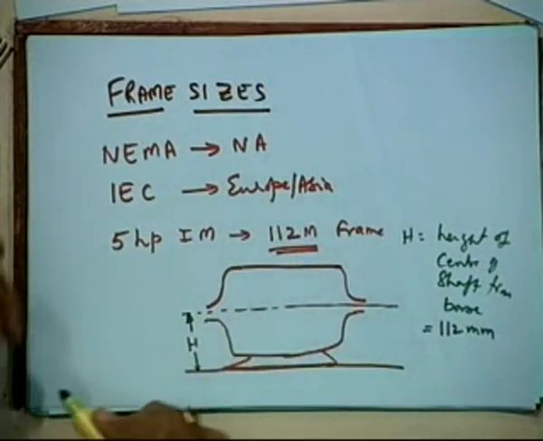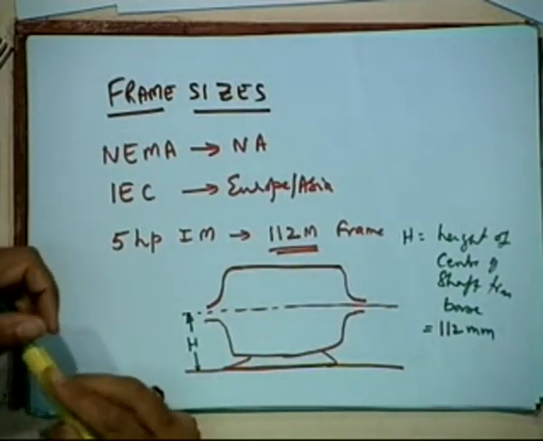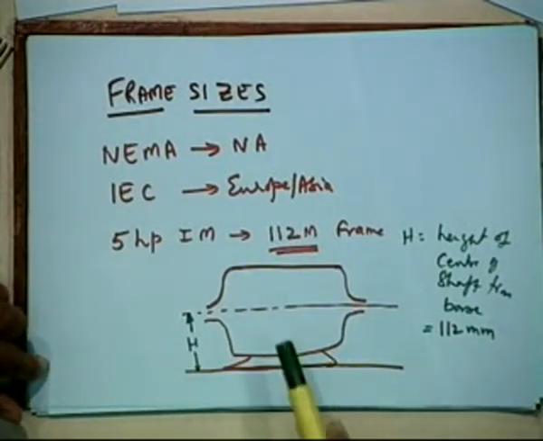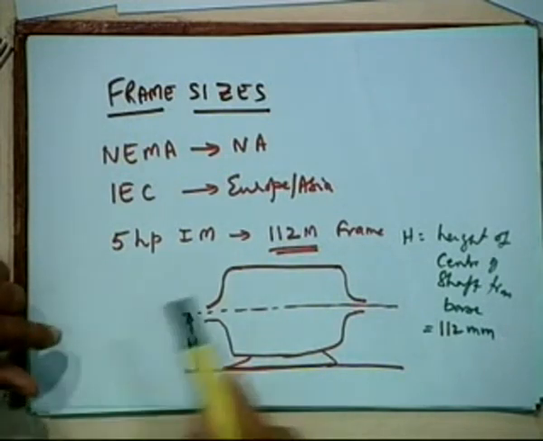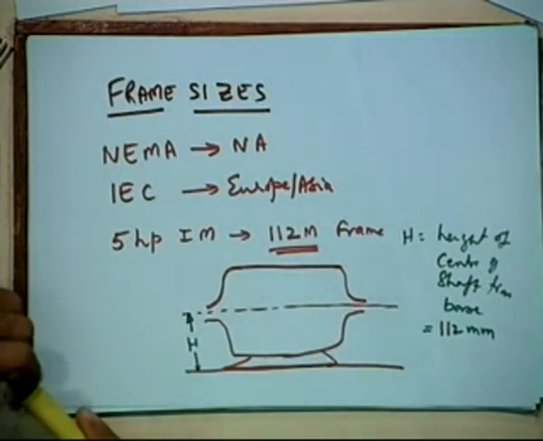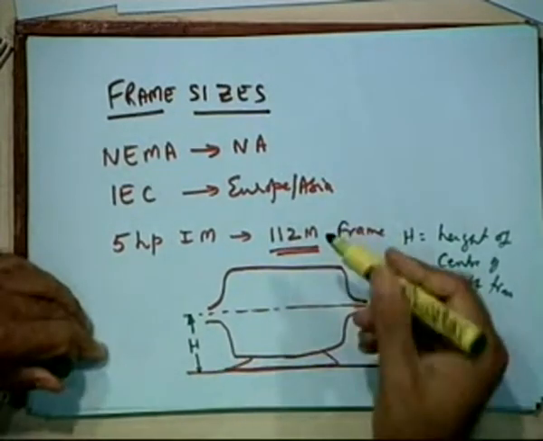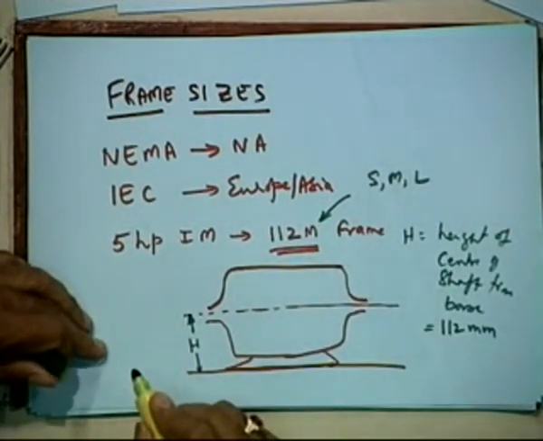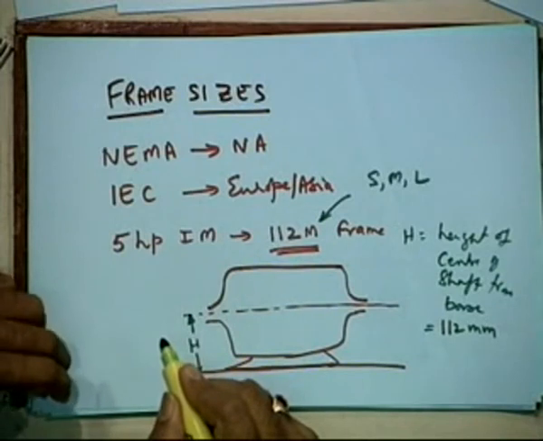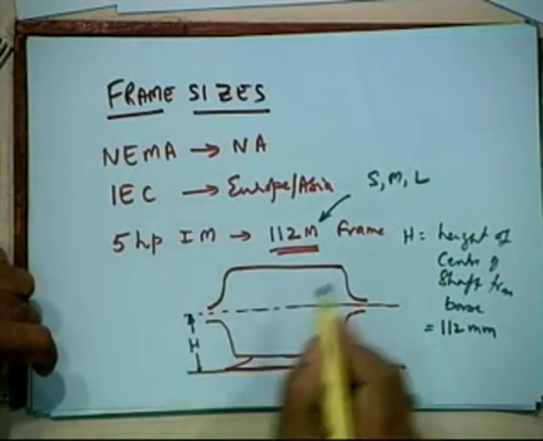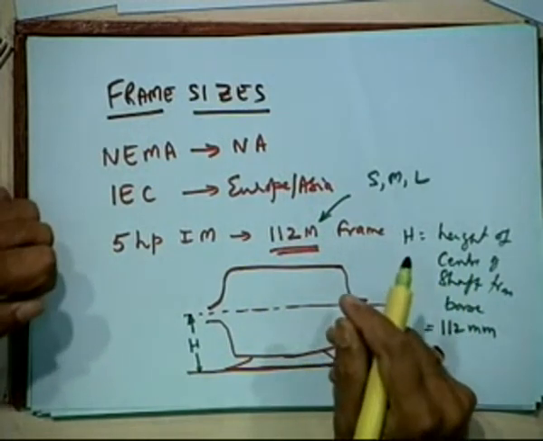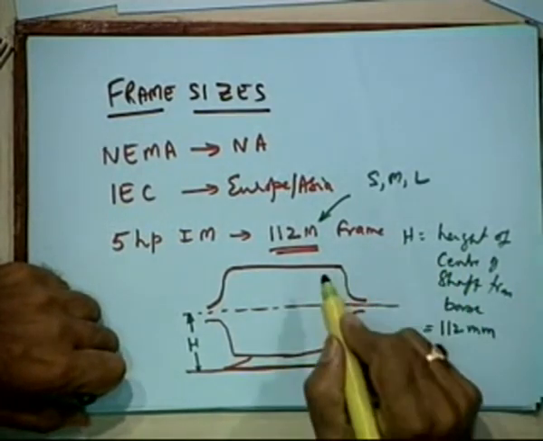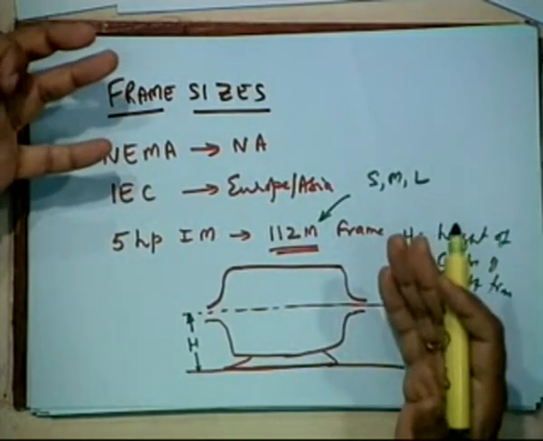So what does the number indicate? The number indicates the height in millimeters of the center of the shaft from the base. That is called 112. I have put M. What might it mean? There are three points: S, M, L. So what might it mean? Short, medium, long. You go to buy a shirt, they will show you whether it is short, medium or long, isn't it? But these are engineering aspects, and no modeling or theory is involved here.